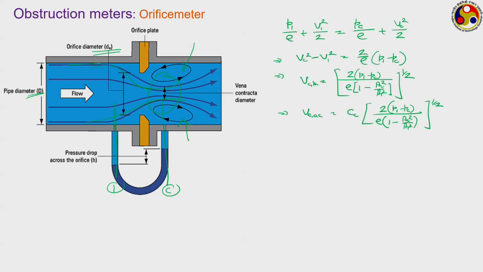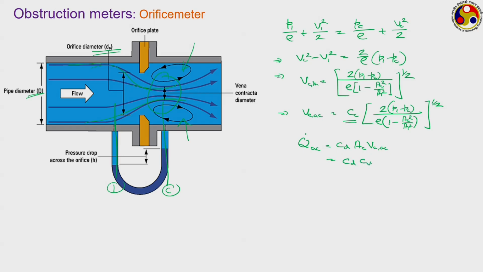We can then, just by measuring this P1 minus Pc and from the knowledge of the Cv, get an idea about this actual velocity, and from there we can measure this Q dot. So, Q dot actual will be equal to the coefficient of discharge into Ac into Vc actual,